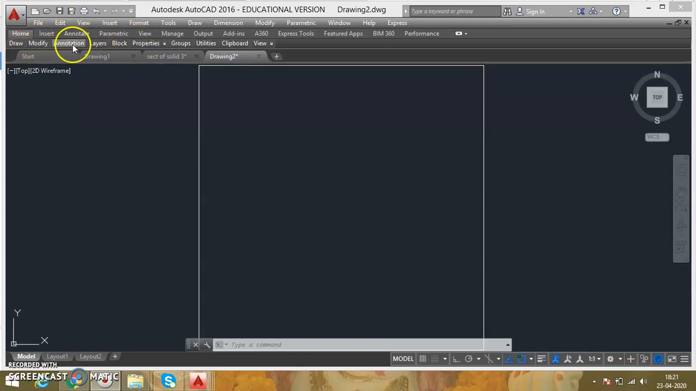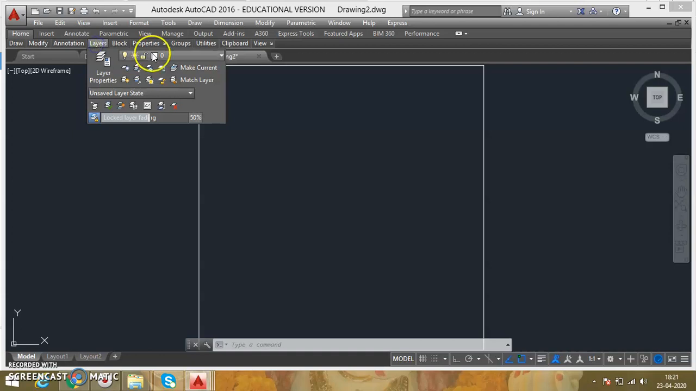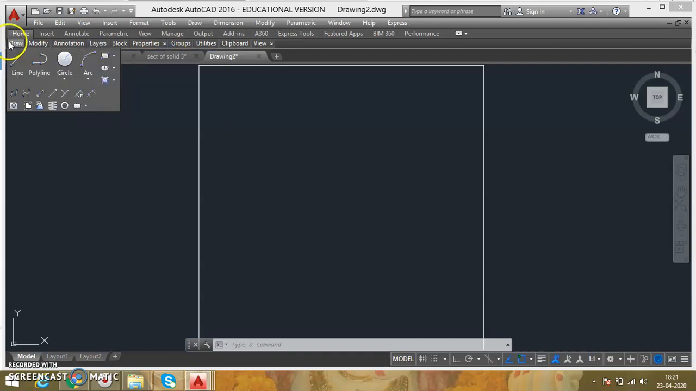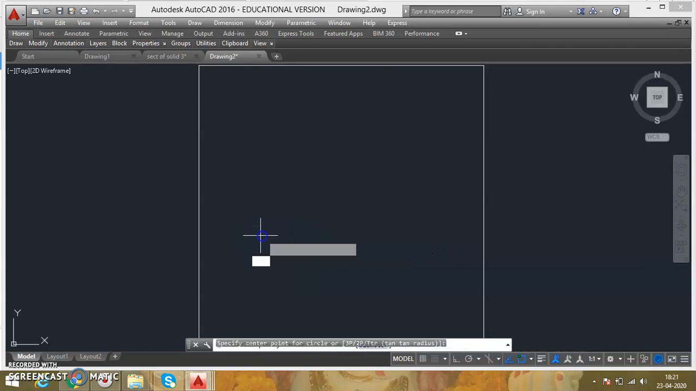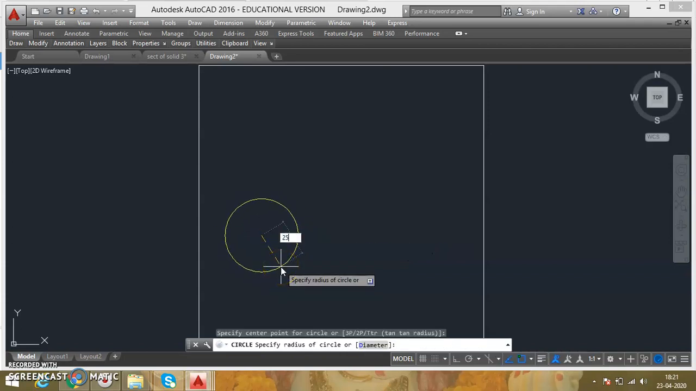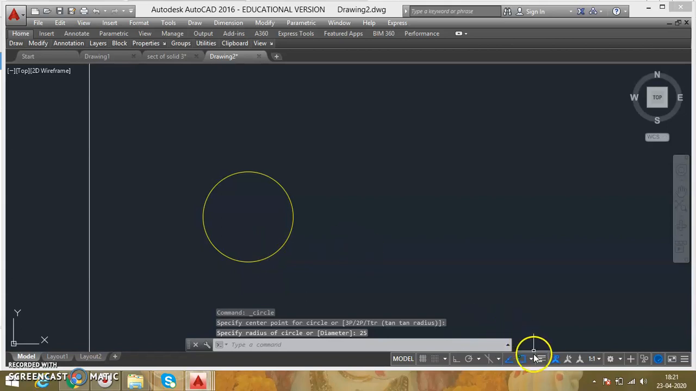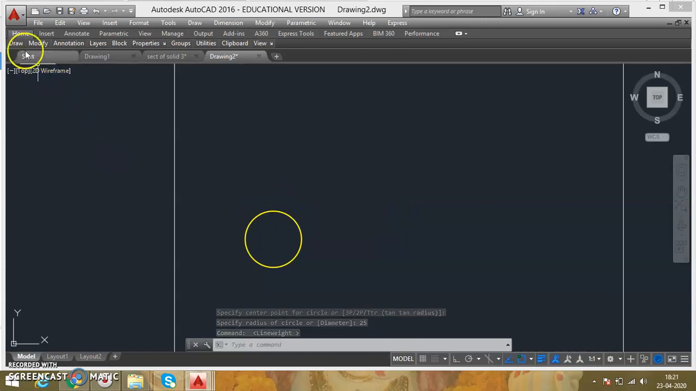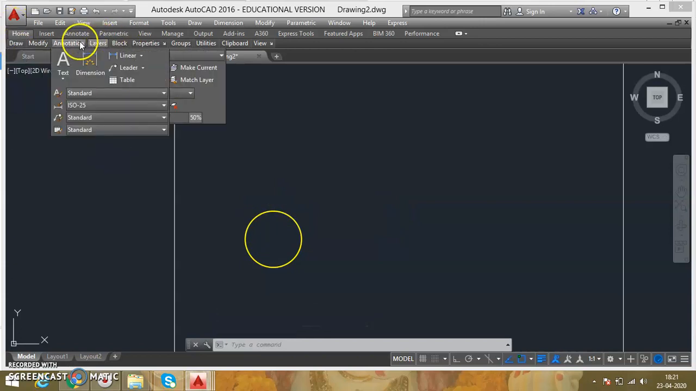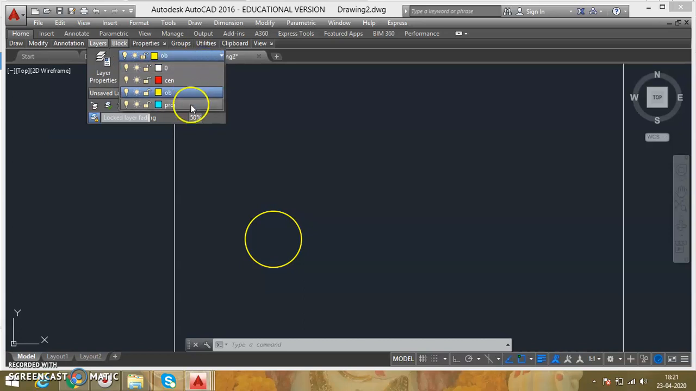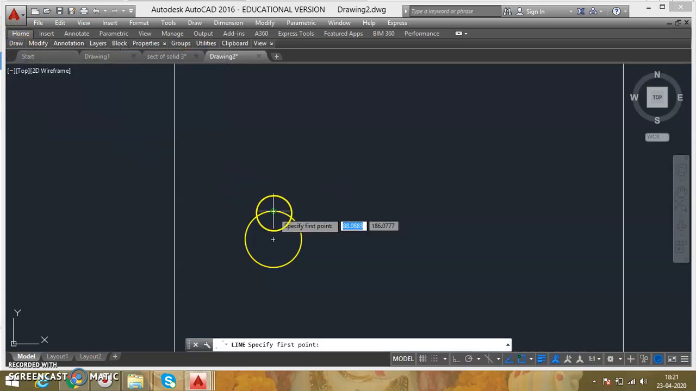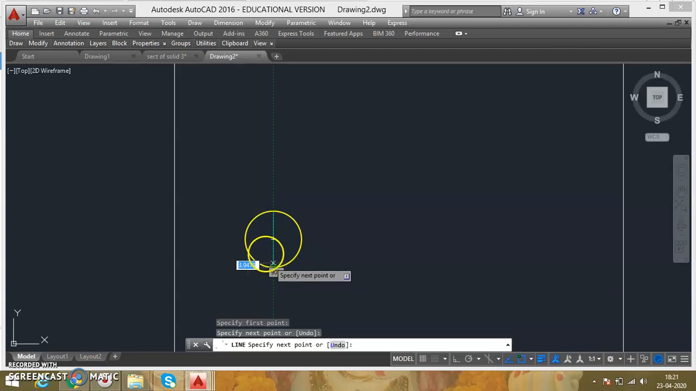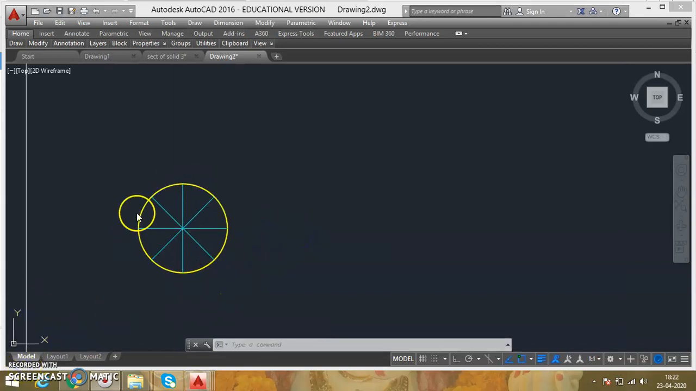Very first thing, just draw a circle with diameter 50 mm. So I'll do the circle command. From here 25 is the radius, so I got a circle of 50 mm. Then just divide that circle into 8 equal parts. So we have divided the circle into 8 equal parts with